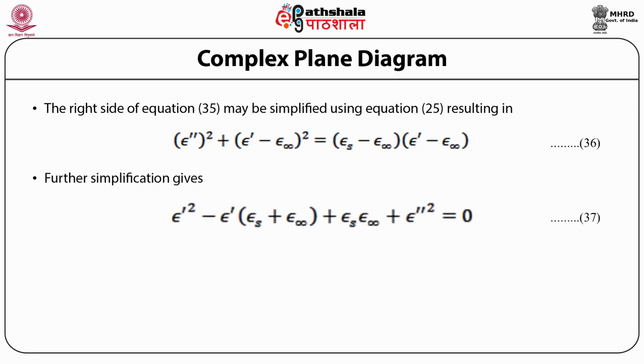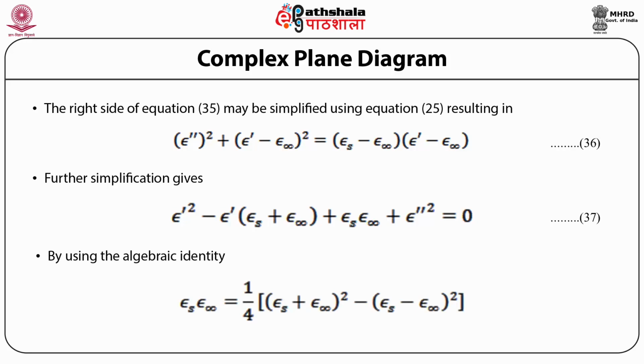Further simplification gives epsilon prime square minus epsilon prime into (epsilon s plus epsilon infinity) plus epsilon s into epsilon infinity plus epsilon double prime square is equal to 0. By using the algebraic identity, epsilon s into epsilon infinity is equal to 1 by 4 into [(epsilon s plus epsilon infinity) whole square minus (epsilon s minus epsilon infinity) whole square],